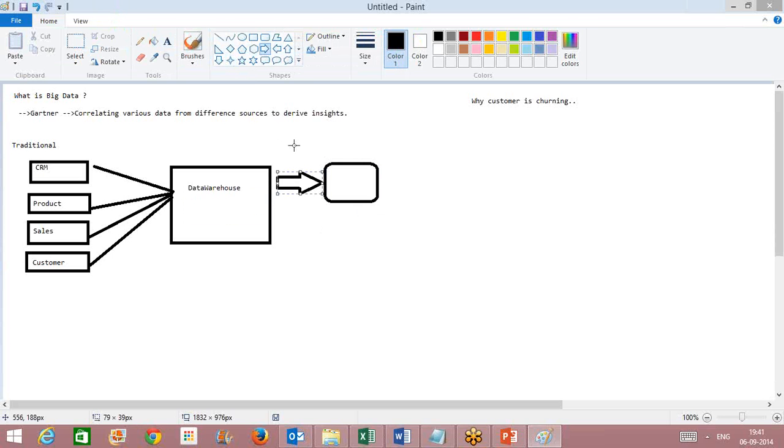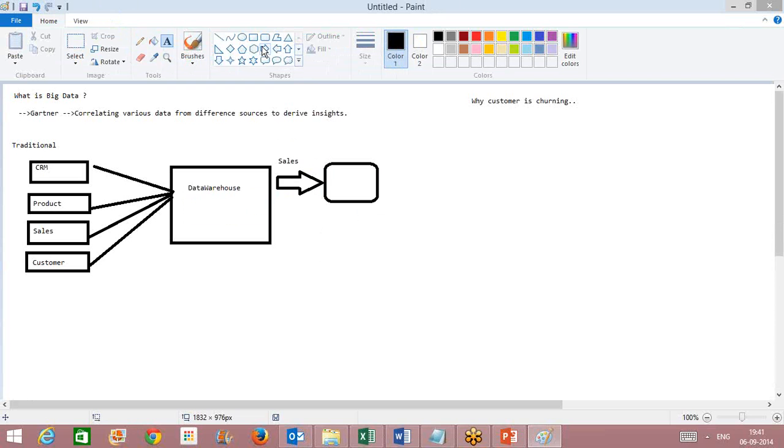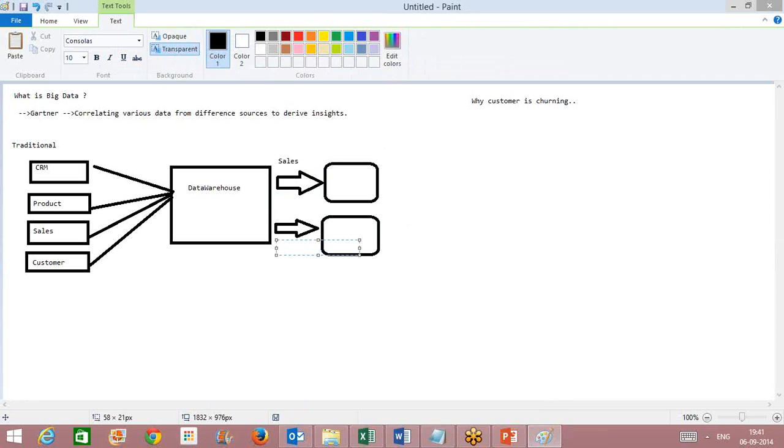So let's say this is a sales data mart which they create to understand how sales is doing. They also create, let's say, a customer data mart for understanding customer analytics. This is more about customer data and customer-focused analysis,